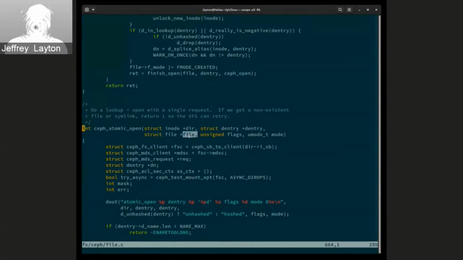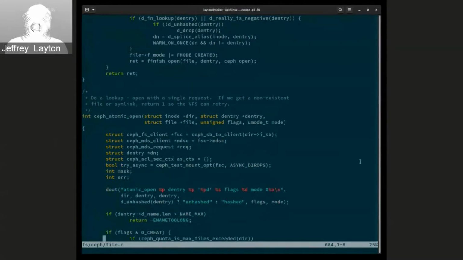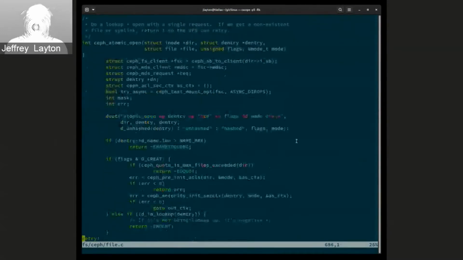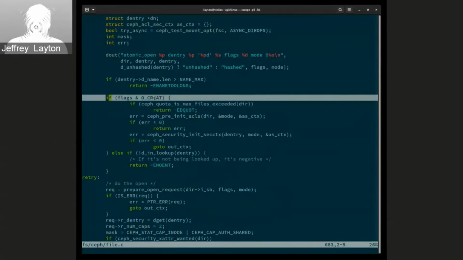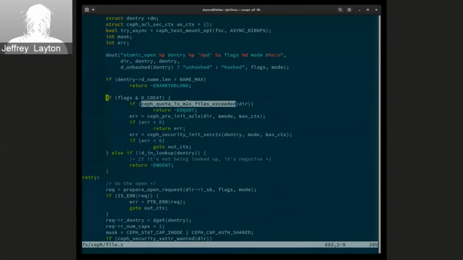Here's a file that is not quite filled out yet because we haven't actually done the open. And then there's some open flags, and then a mode for if we're doing a create. So essentially what we'll do is walk down this thing, and if we've got more than name max here, we should send back name too long. But then we've got some other stuff too, like if this thing is a create, we're going to do some setup,